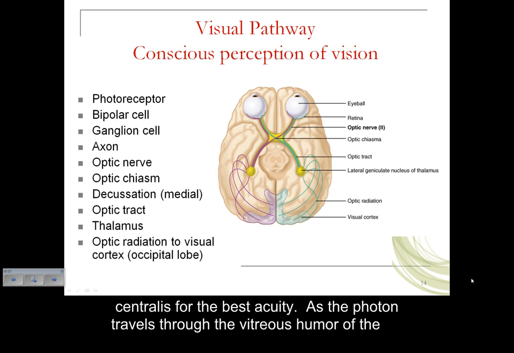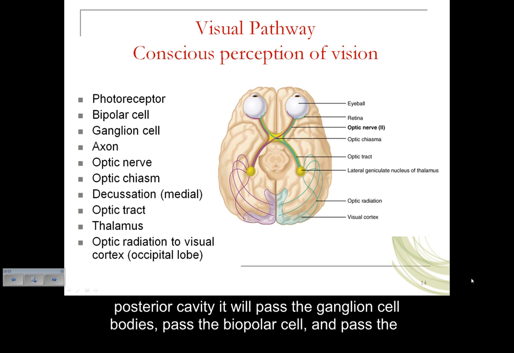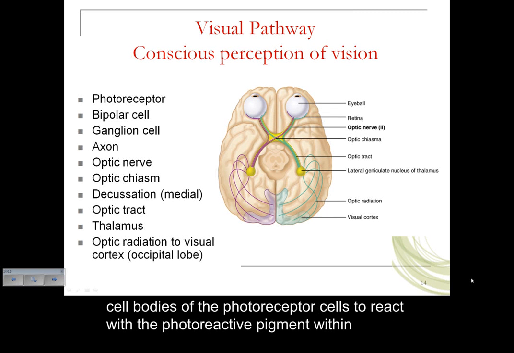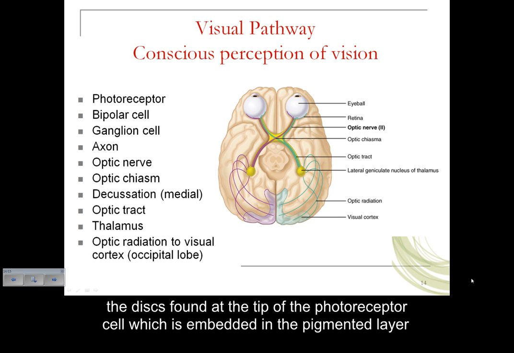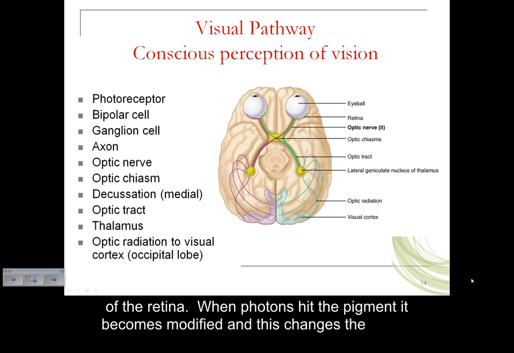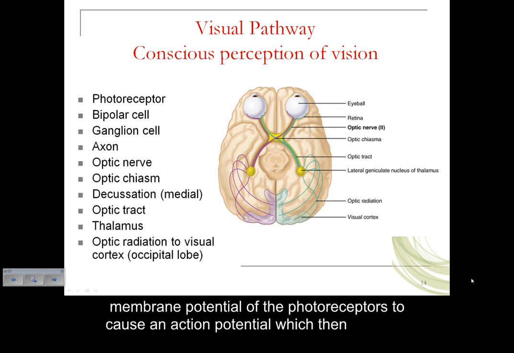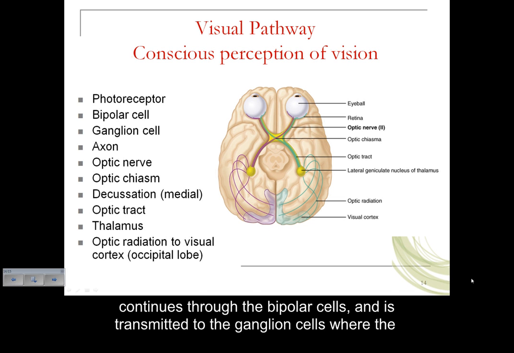As the photon travels through the vitreous humor of the posterior cavity, it will pass the ganglion cell bodies, pass the bipolar cell, and pass the cell bodies of the photoreceptor cells to react with the photoreactive pigment within the discs found at the tip of the photoreceptor cell, which is embedded in the pigmented layer of the retina. When photons hit the pigment, it becomes modified, and this changes the membrane potential of the photoreceptors to cause an action potential, which then continues through the bipolar cells and is transmitted to the ganglion cells,